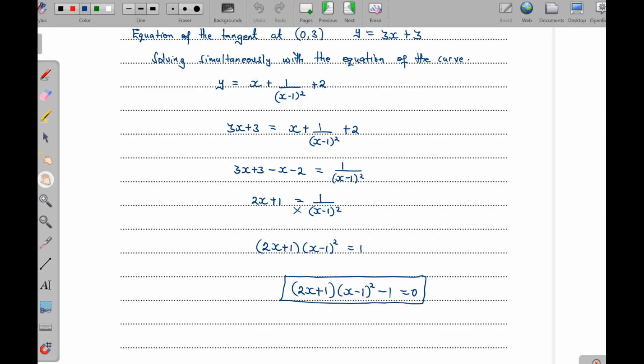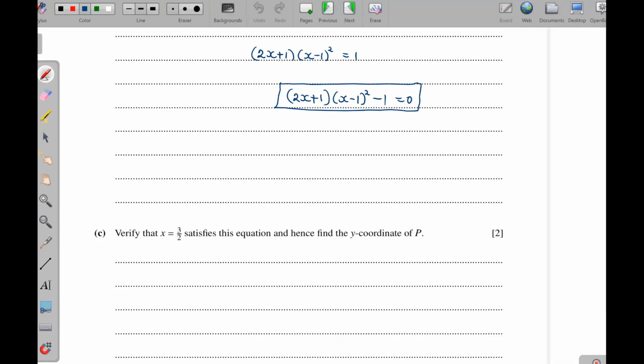So that is it. Then part C, verify that x equals 3 over 2 satisfies the equation and hence find the y coordinate. Now, if we have 2 times 3 over 2, then plus 1, I'm substituting here, okay? Then times, this is 3 over 2 minus 1, then we square that, minus 1, what do we get? So first of all, 1.5 times 2, that is a 3, then plus 1, that will be a 4. Then times, this one here is going to be